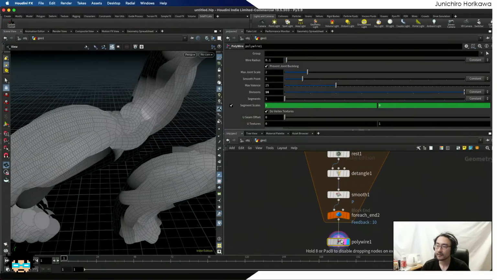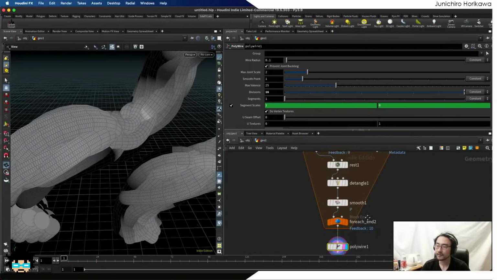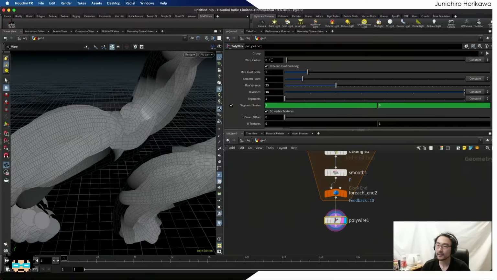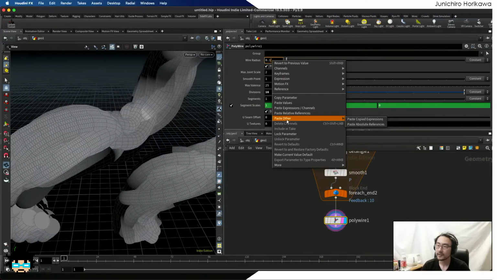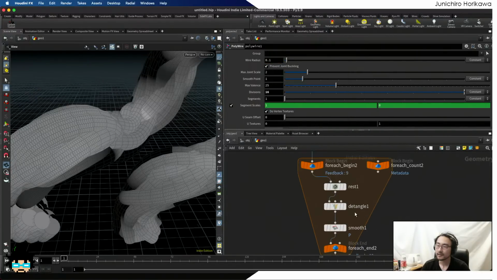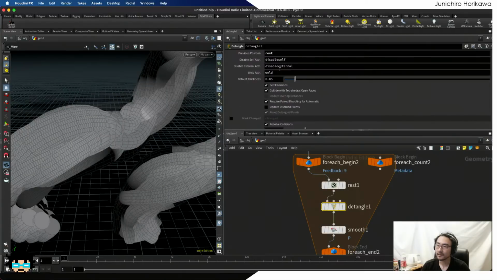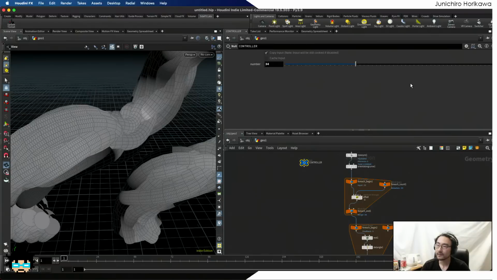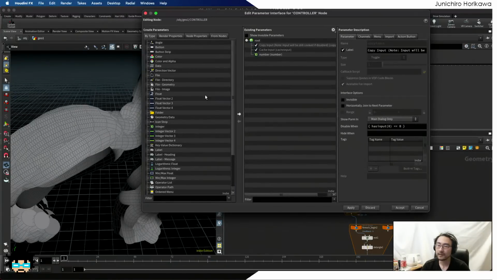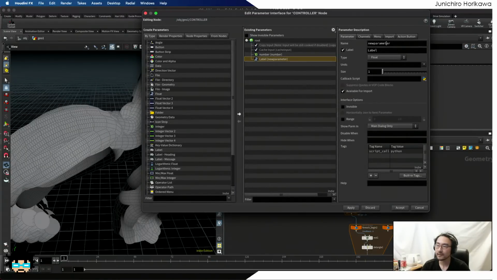And I think it is always a good idea to derive the radius based on the relation with this detangle value 0.05. So let's link those two values together using your own thickness value,